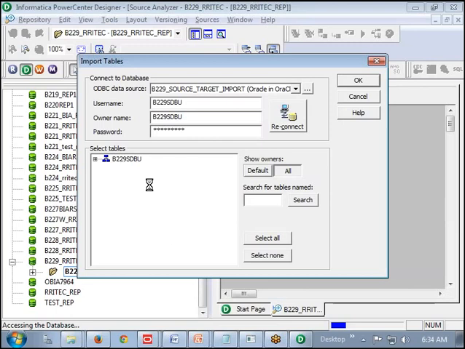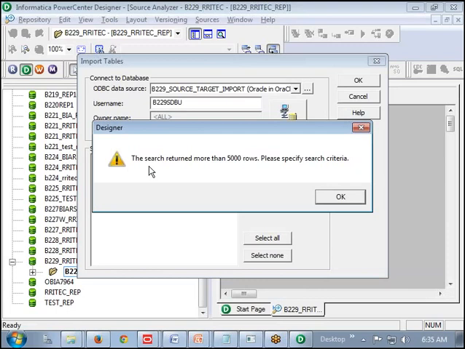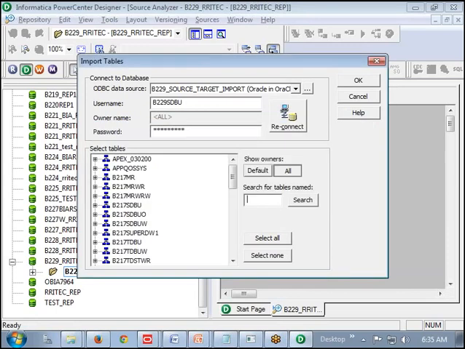However, this window we are seeing, right? This window has some limitation of displaying only 5000 rows. How many rows? 5000 rows. That is the reason it is going to show you 5000 rows only. More than that, it cannot show. What is it saying? The set returned more than 5000 rows. Please specify search criteria. As it is not able to display more than 5000 rows, that's what you see here. Even your SCOTT schema is appearing. Here I have a lot of schemas available. Those all things are appearing, but not the SCOTT schema.